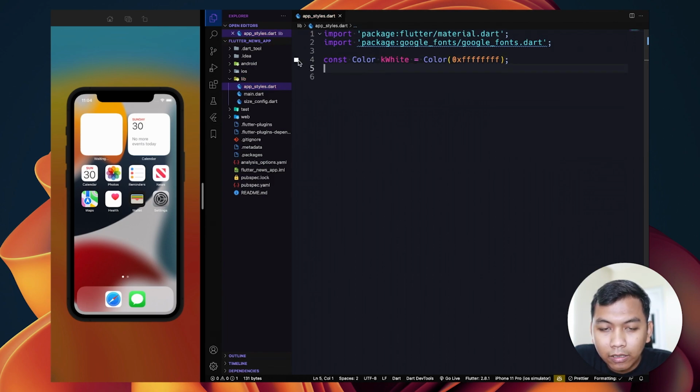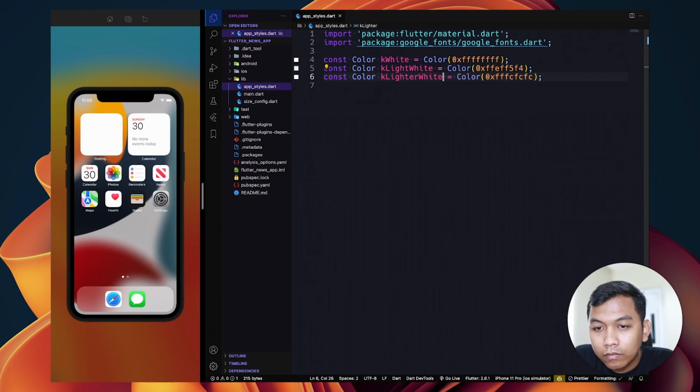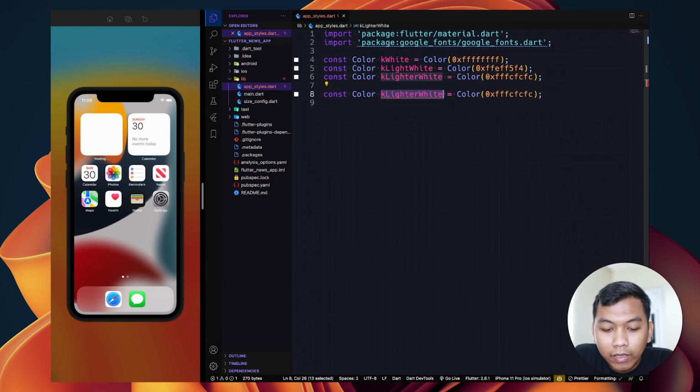As we can see on the left, and the second one is another color, so maybe just duplicate and change the name as we want, change the color, and change the name, and change the name again.